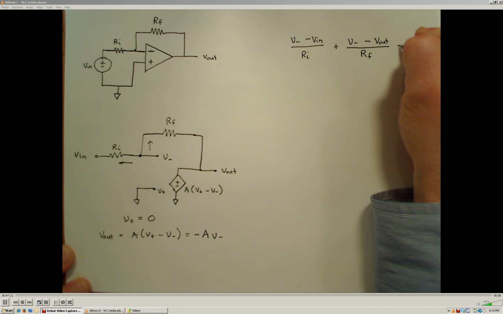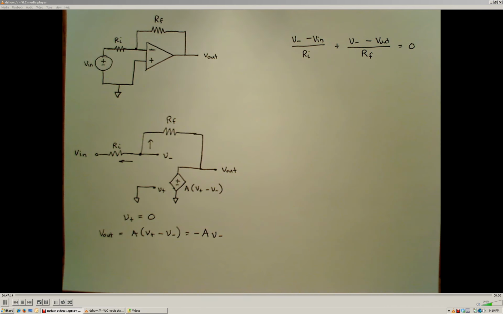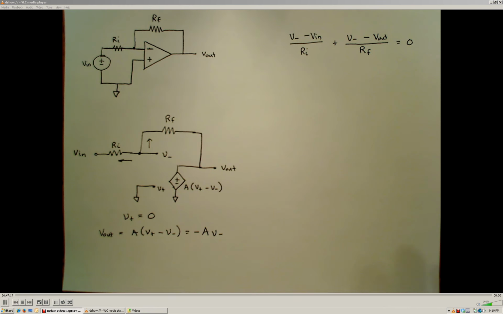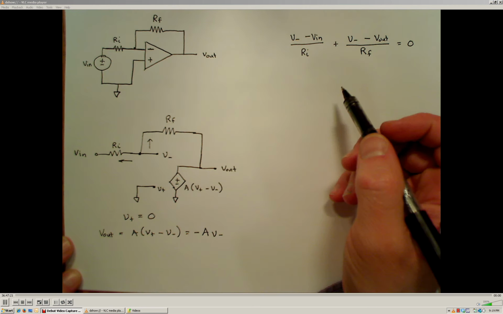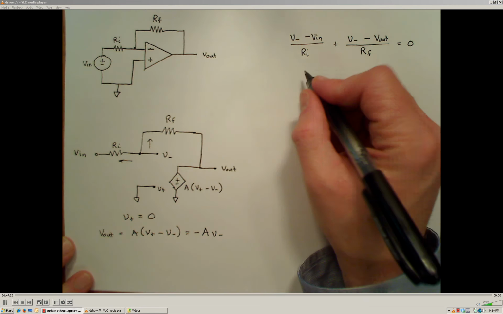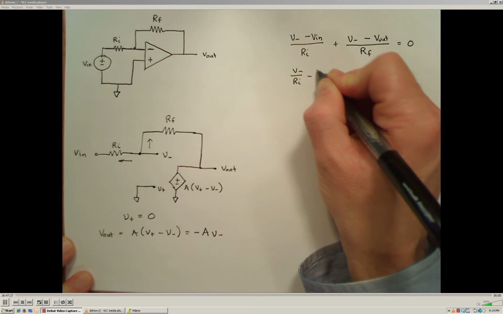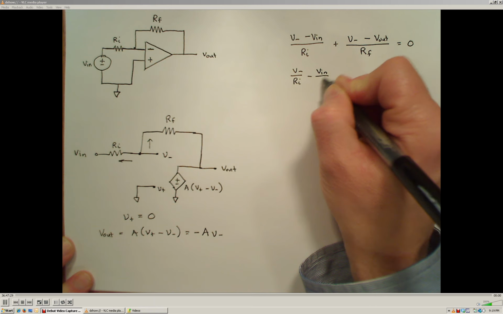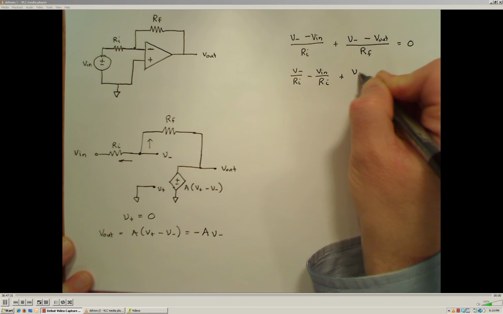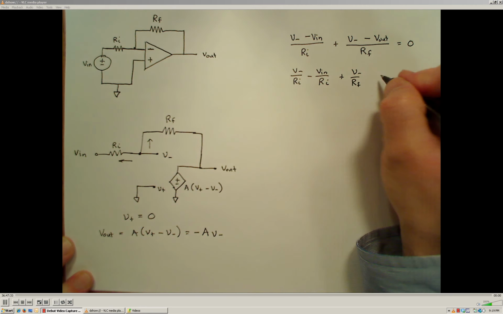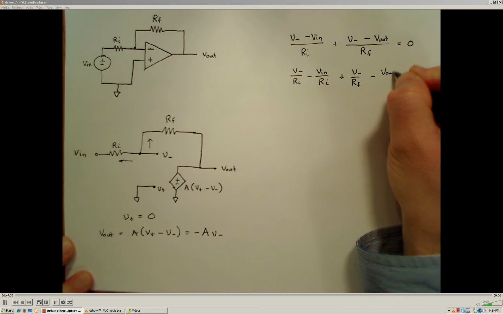And we know from the current law that this has to sum to 0. Now I'm going to separate these terms out: V minus over Ri minus Vn over Ri plus V minus over Rf minus V out over Rf